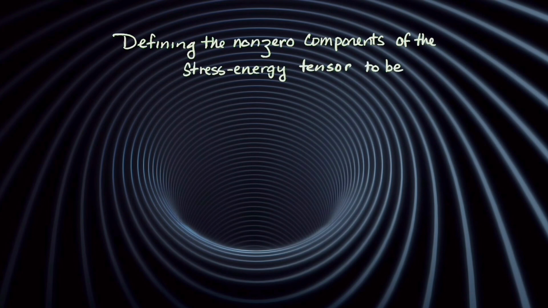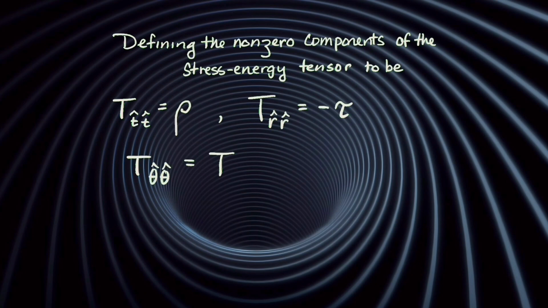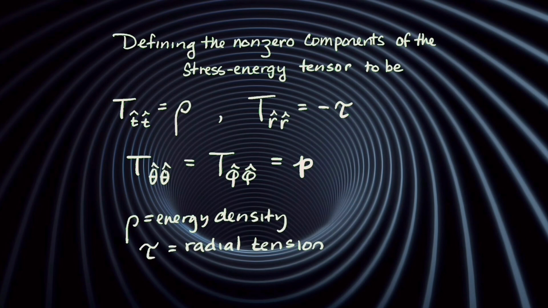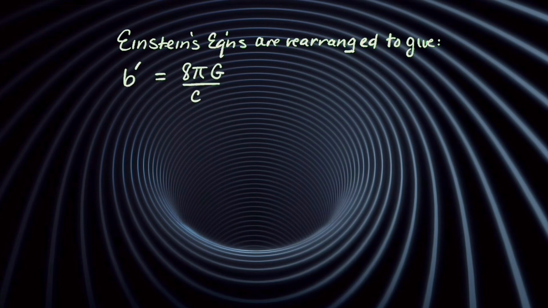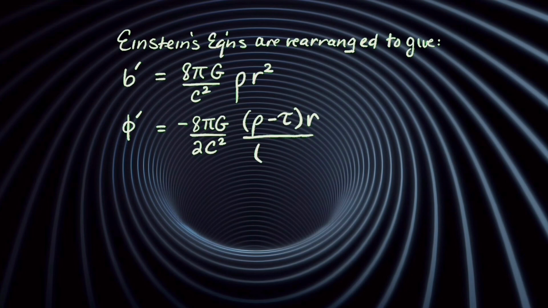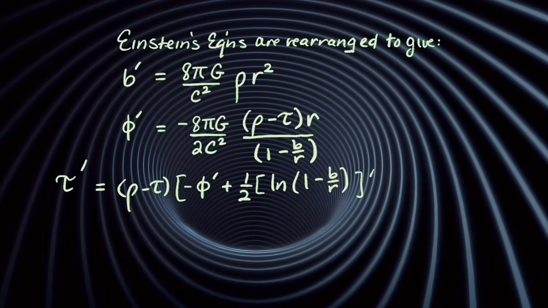Defining the non-zero components of the stress energy tensor, we get the following pieces. Rho is the energy density, tau the radial tension, and p the transverse pressure. Einstein's equations are rearranged to give the following equations in terms of the derivatives of b, phi, tau,